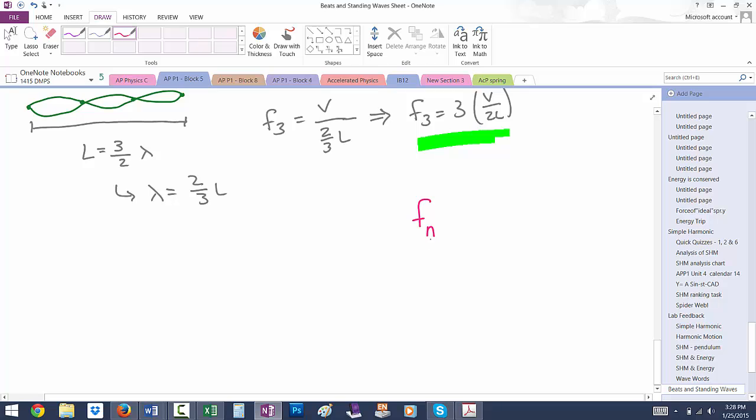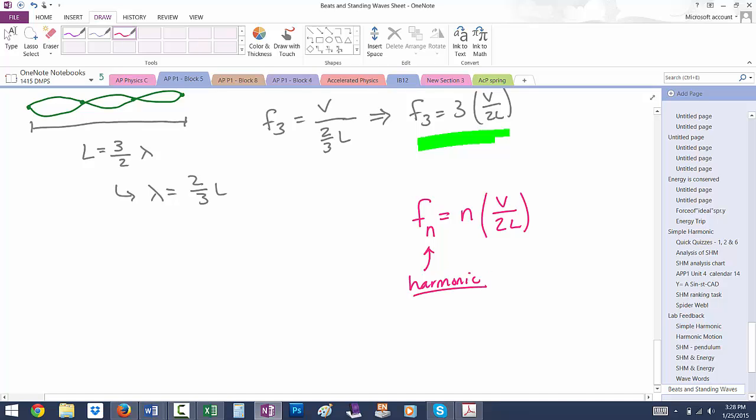Harmonic means, in this case, the number of antinodes, the number of the standing wave that we've got. F sub n is equal to whatever that harmonic value n is times V over 2L. Okay, so again, n is the harmonic,